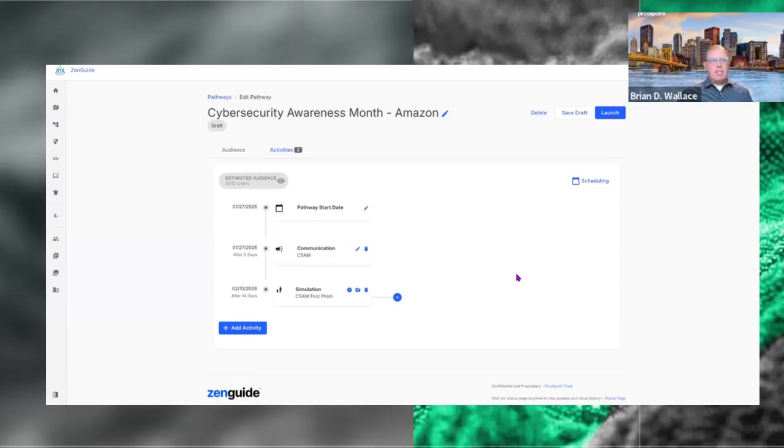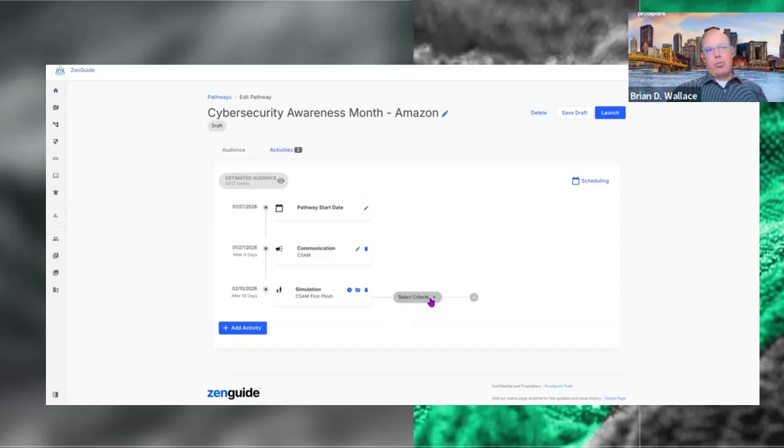So what else is different with Pathways? When we looked at the old tool through the content library, we noticed that we were able to automatically enroll end users into training. Now, for those of you who have been with us for a while, we know sometimes that's been problematic, right? Because failure was defined by specific things. And so technically failure with a data entry was when you submitted your credentials, and you couldn't really do one or the other. But now, right, we have that capability to add a branch.